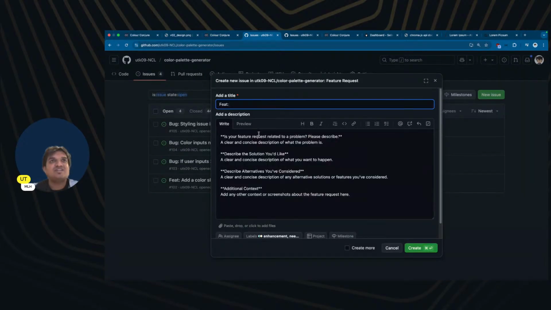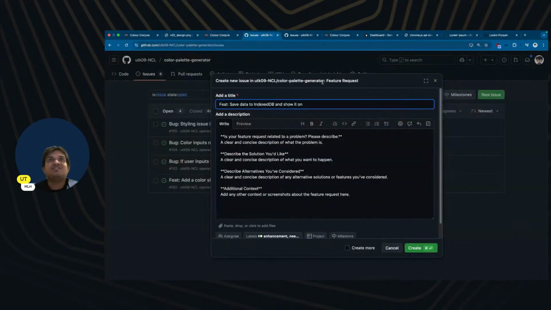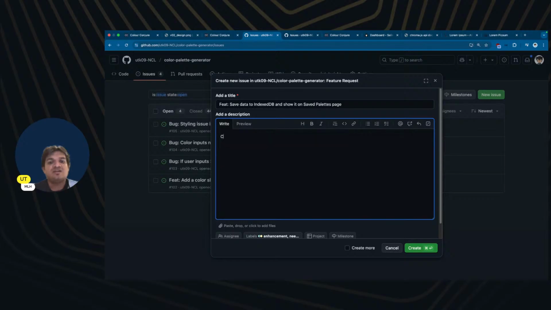Feature, yes, feature. So the feature is save data to IndexedDB and show it on saved palettes. Palettes, what's the spelling? P-A-L-E-T-T-E-S. P-A-L-E-T-T-E-S on saved palettes page. Okay. So the feature request is currently